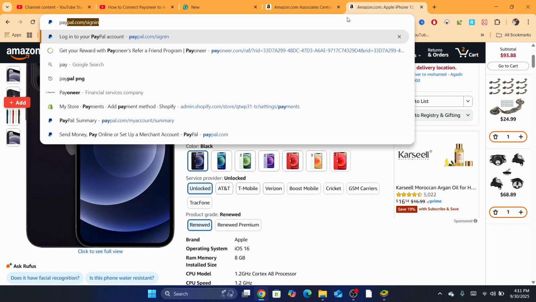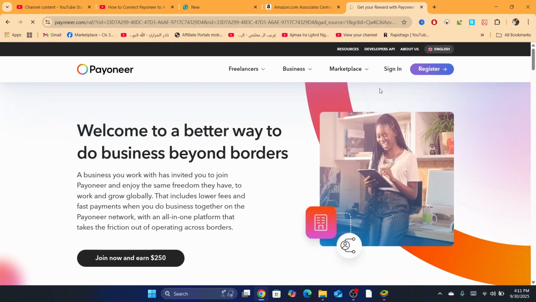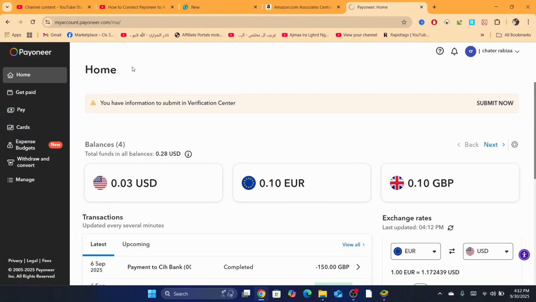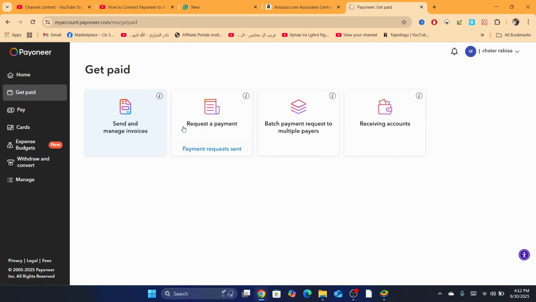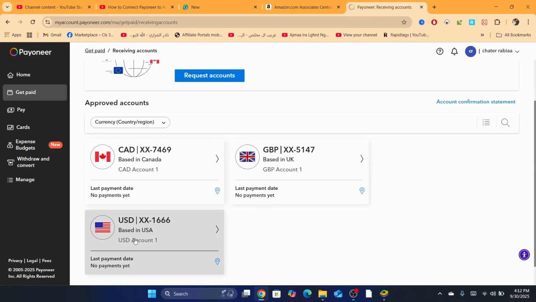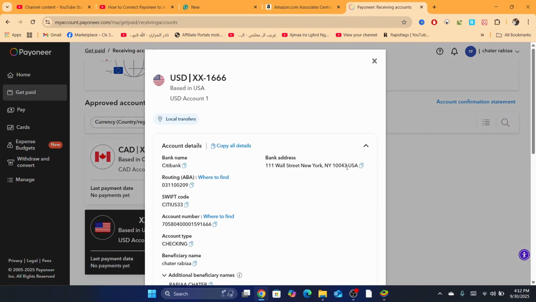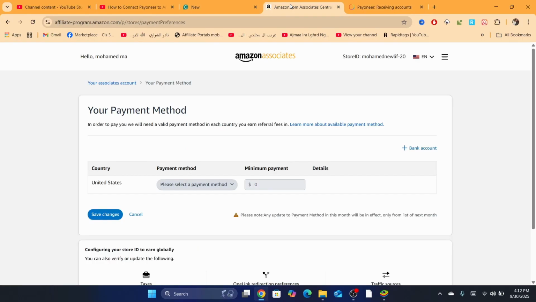I'm going to do that right now. When you are on your Payoneer, you want to click on get paid here in the left, and then you want to click on the receiving accounts. After that, you want to select this one, which is based in USA, and you want to scroll a little bit, and then you want to go back to Amazon Associates, and you